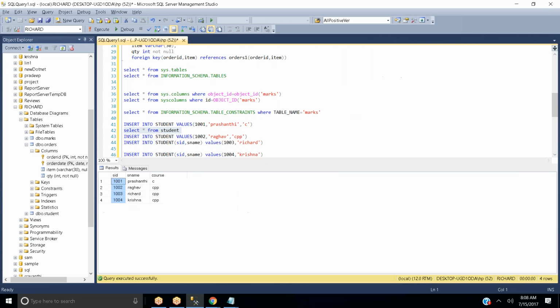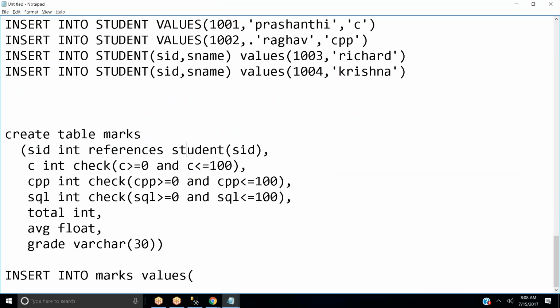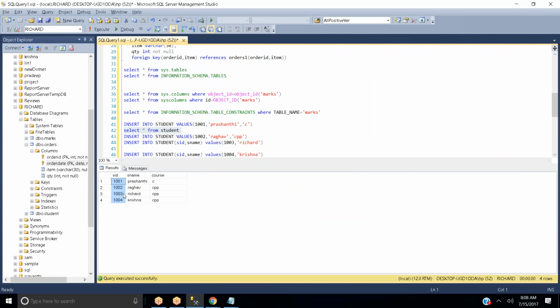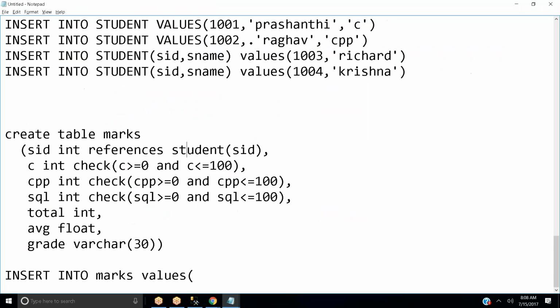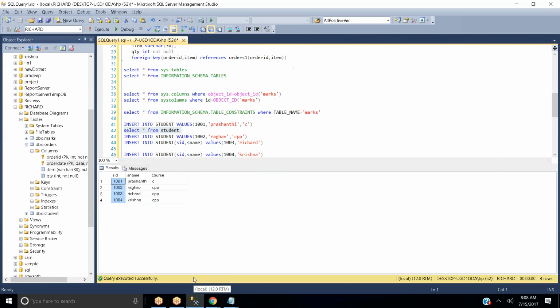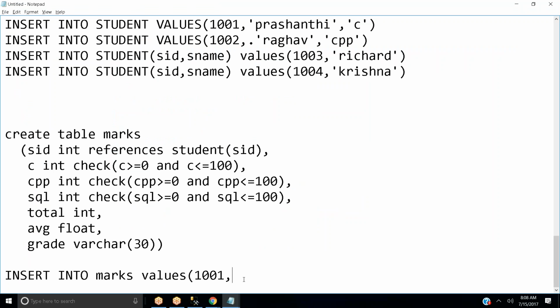Now we will try to insert with 1001, and we will also try a value which is not present in the student table. Okay? See, 1001 is already present. Correct? And we will try to insert some values: 77 marks for C, and for CPP some 88. And for SQL, I'm going to give 87. And for the remaining ones, I'm going to use null, null, null.